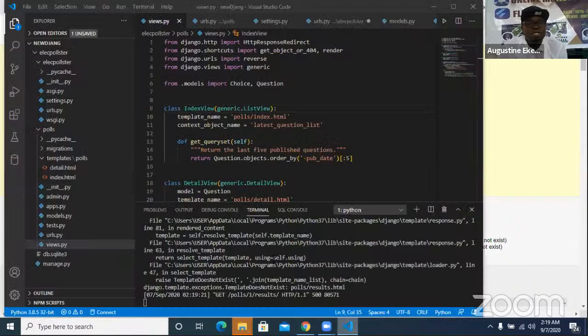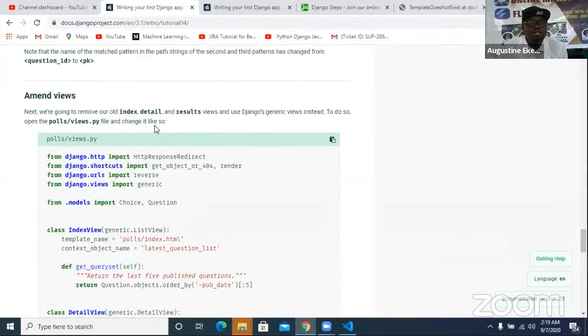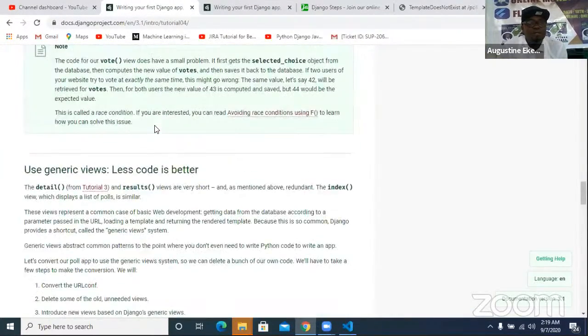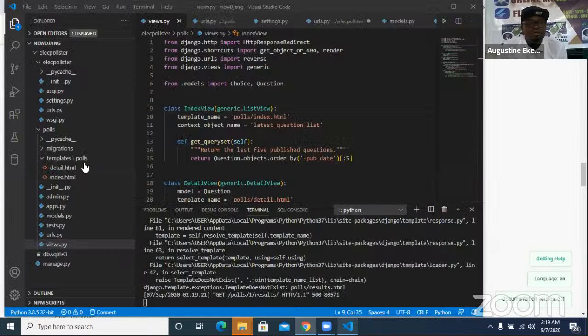To quickly fix that, it's very simple. I can come here. Under my post, I need to have results. You can see the result template is somewhere here. So make sure you have results. Can you see this is the result template? I don't have it, so I'm going to quickly take this. This is the result. So I'm going to go back here and